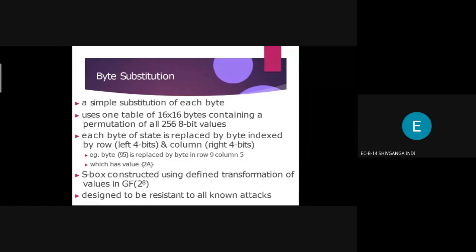But if we study the AES algorithm, depending on the bit size, the number of rounds can change. If the bit size is 128, then there are 10 rounds. If the bit size is 192, there are 12 rounds. And if the bit size is 256, there are 14 rounds.